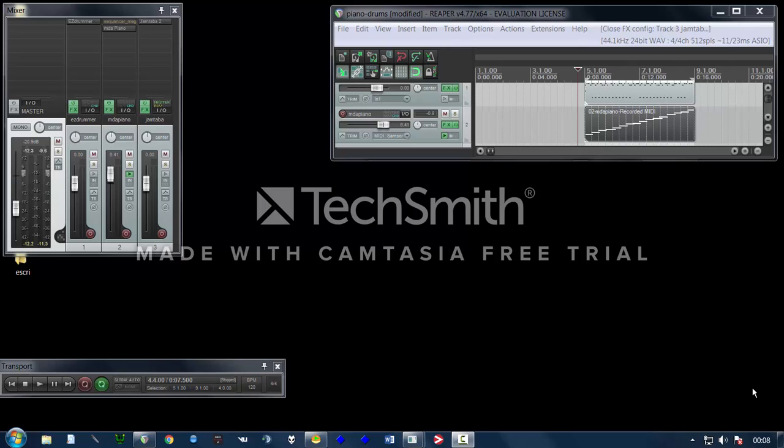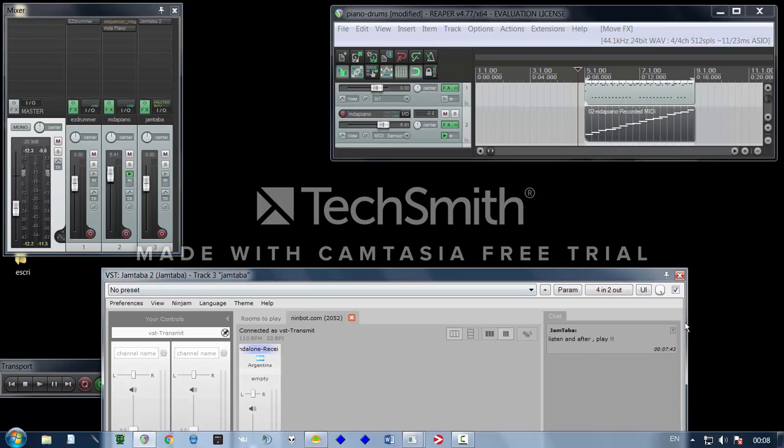Hi, this video is to comment on a feature I would like to see in Jamtaba. I would like Jamtaba to have, instead of 1 or 2 stereo channels, 2 or 4 mono channels. In order to show this, I have Reaper right here with the Jamtaba BST plugin loaded,